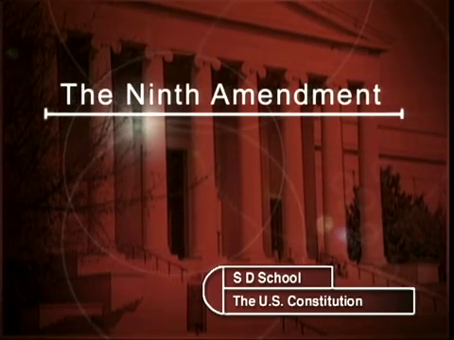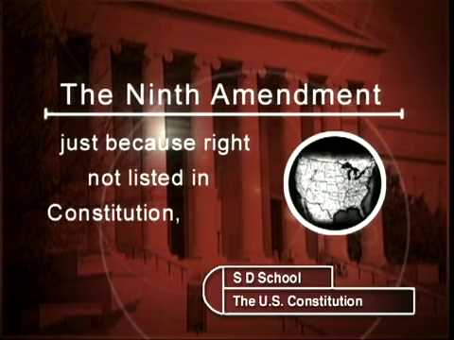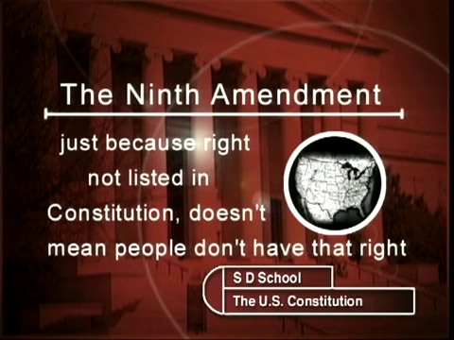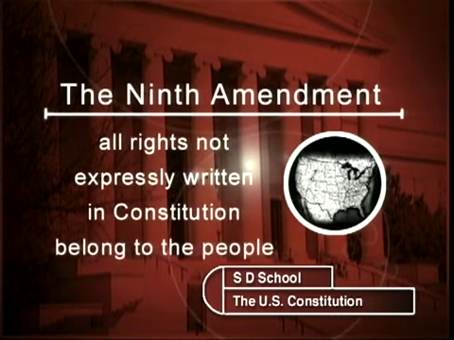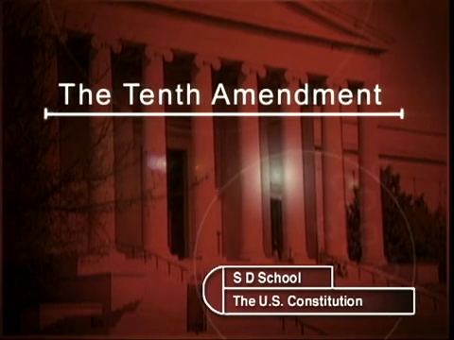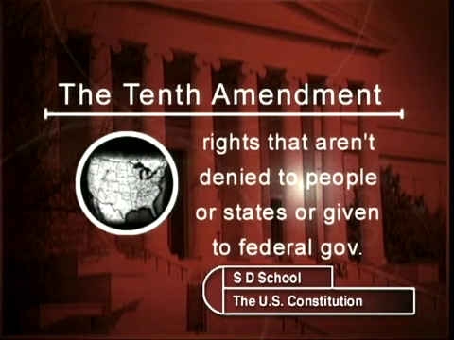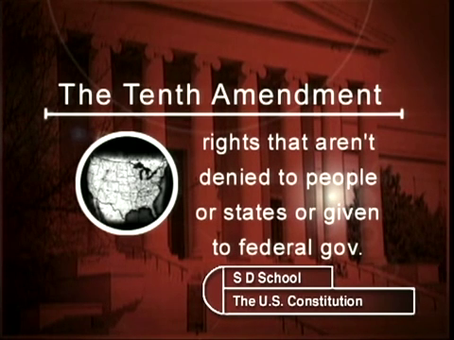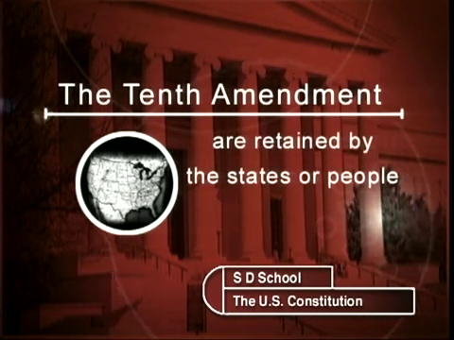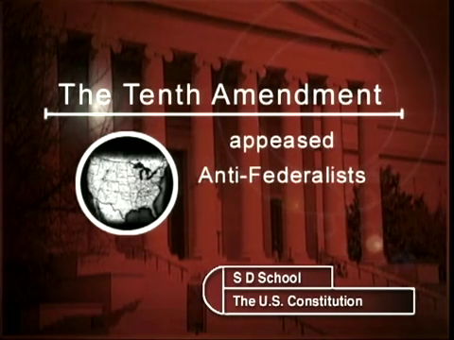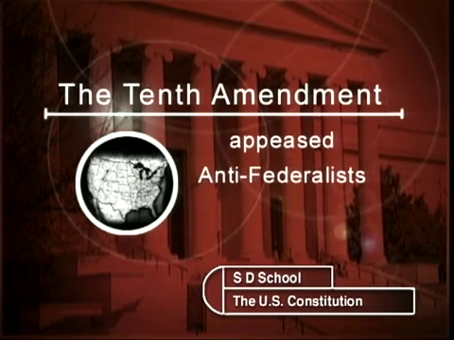The Ninth Amendment states that just because a right is not listed in the Constitution, that doesn't mean the people do not have that right. So all rights not expressly written in the Constitution belong to the people. The 10th Amendment was designed to make the states happy. It says that any rights that aren't denied to the people or states or specifically given to the federal government are retained by the states or the people. This amendment was added to appease anti-federalists who thought the